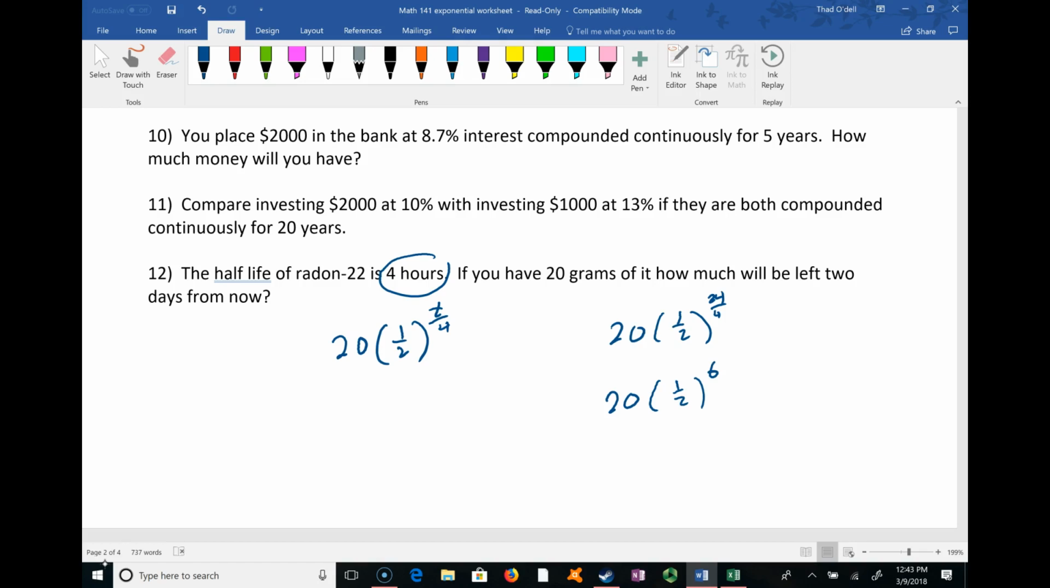Whoops, I said 2 days, didn't I? My bad. That should have been 48. There's 48 hours in 2 days. So that would have been 8. So then we go 1/2 raised to the 8th power, and then we multiply that by 20, and we get